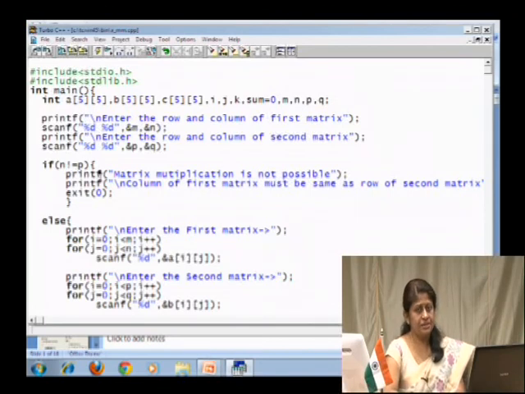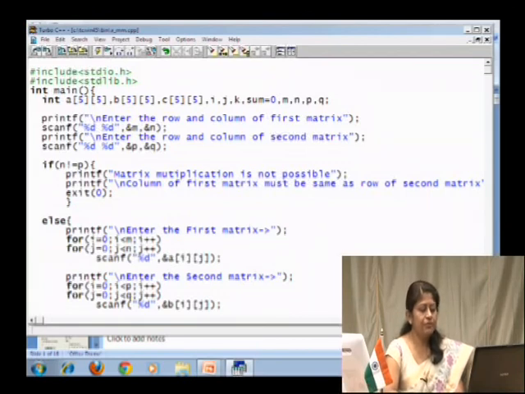So that finishes it: when the number of columns and number of rows of the first and the second matrix respectively is not equal, then matrix multiplication is not possible. Next, if that condition is satisfied, then we have to go through the matrix multiplication process. So now we need to accept those two matrices. To accept the matrices, we know that we have two for loops.